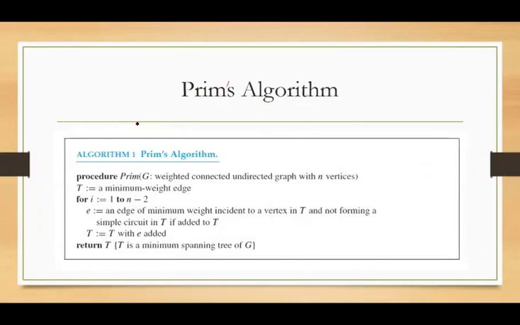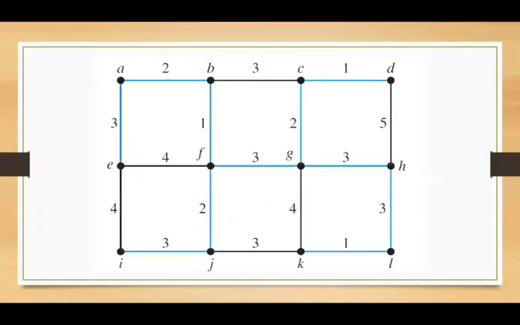Before seeing the algorithm, we will proceed to the diagram and find the minimum cost of this graph. So this is the graph. What we have to do is start by choosing any edge with the smallest weight and putting it into the spanning tree. So first and foremost, we start with any edge which has the smallest weight. Let's see which edges have the smallest weight. This is the smallest one. The next also has the weight 1. Here also we have the weight 1. So there are 3 edges with the smallest weight.